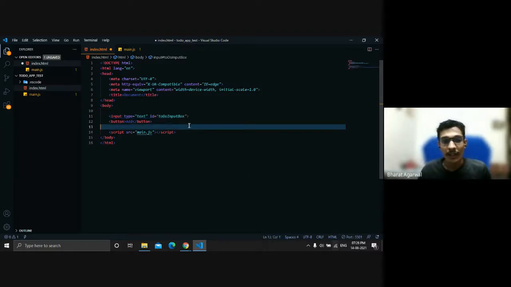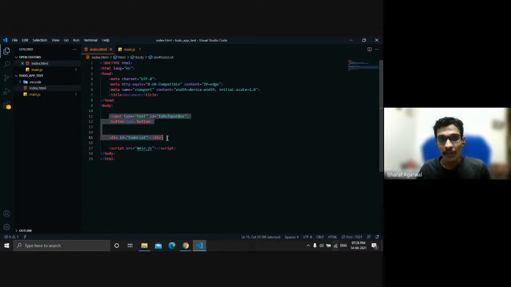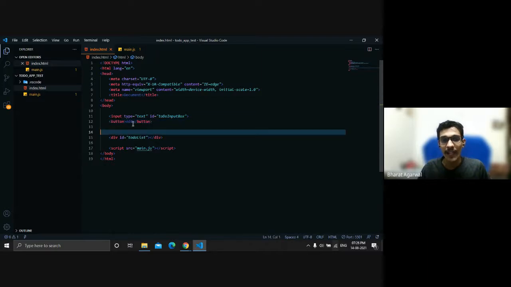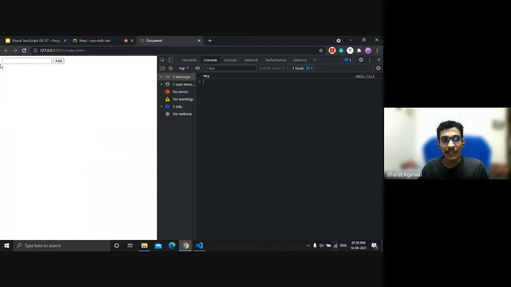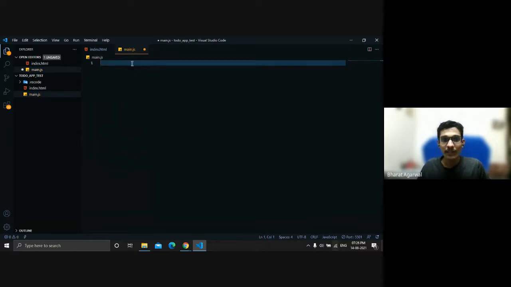So as I recently showed you, let me quickly get a few things. I hope you got what I'm trying to mention over here. I created an input box first, which is of type text, and it has the ID to do input box. And I created a button, just a sample button, having add as its value. So you see, this is how it looks. It does nothing, just a sample boilerplate which we are using today. Our main focus will be on JavaScript, so we'll be seeing that part.